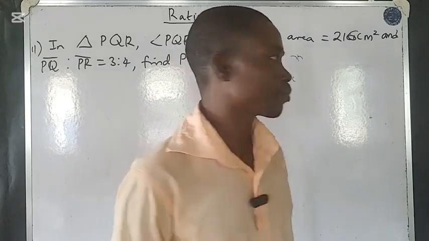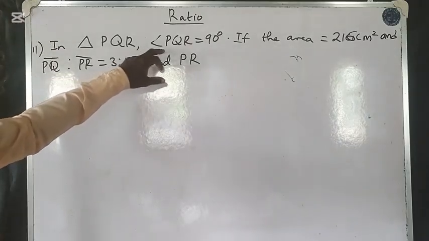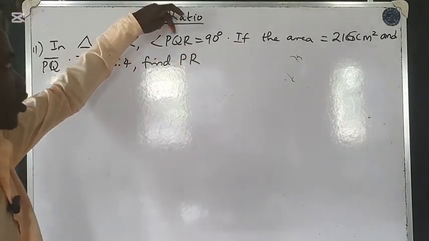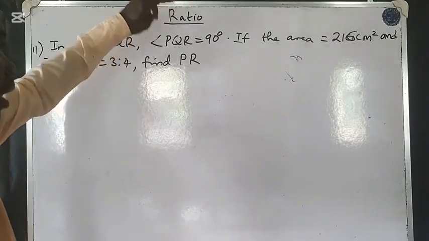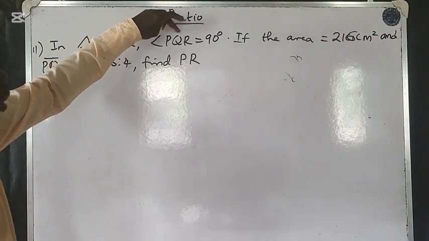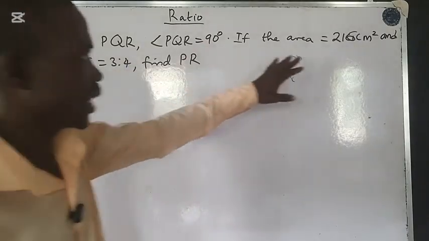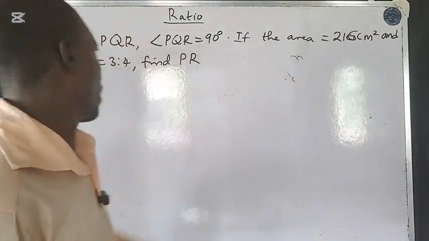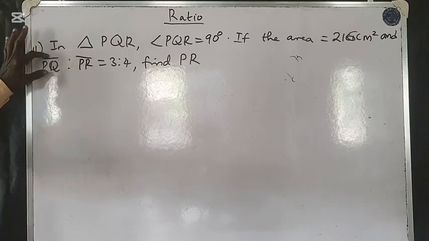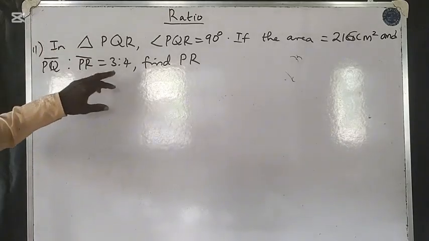Let's move forward. In triangle PQR, angle PQR equals 90 degrees. That is the angle at the middle. If you see PQR like this, they are referring to the angle at the middle. As I said, it can also be the angle in question. So if the area is 216 centimeter squared and line PQ, this symbol shows line, PQ